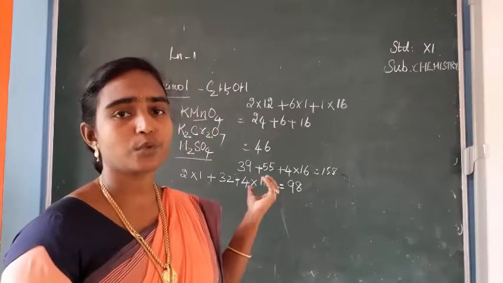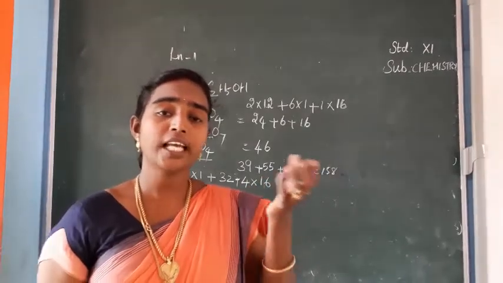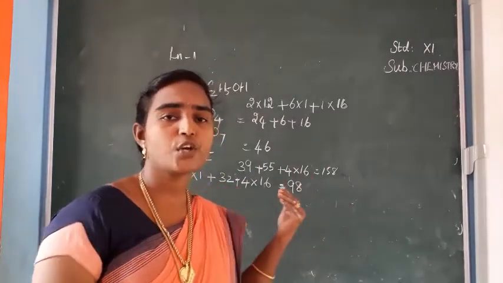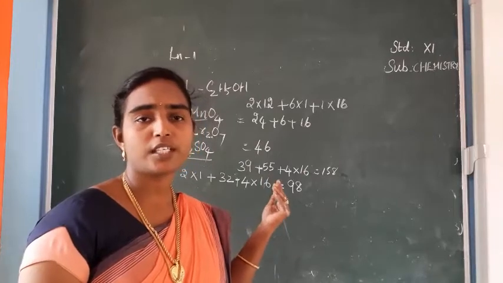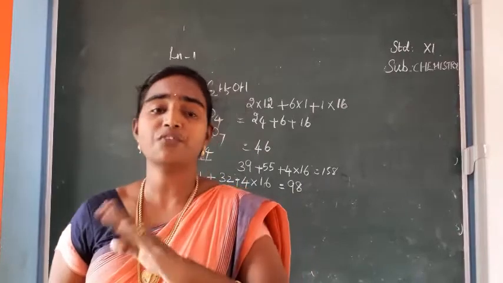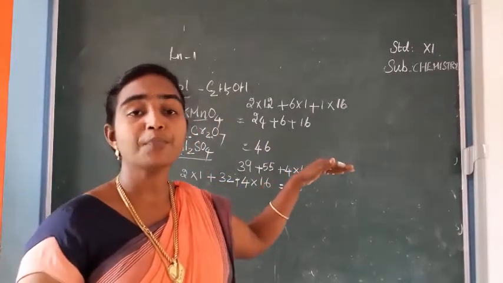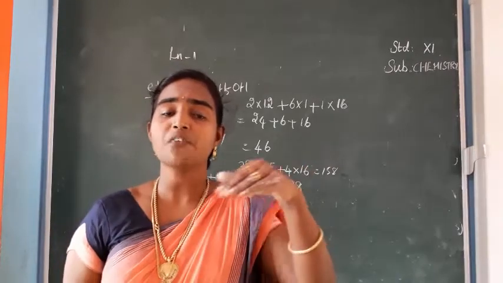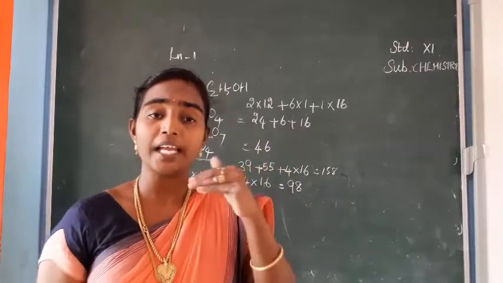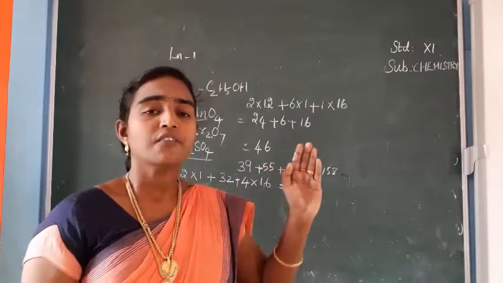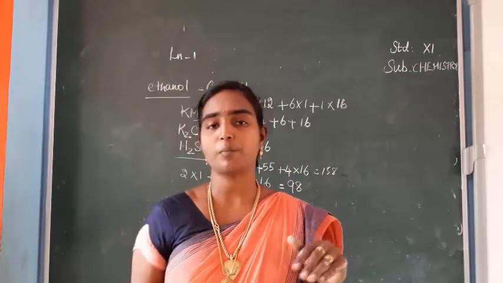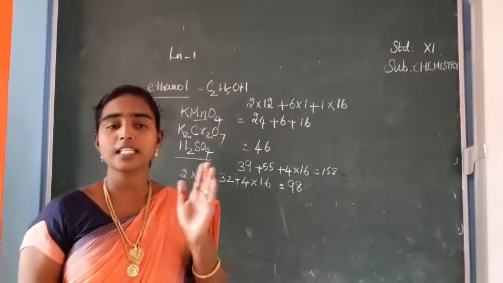One of the problematic questions is this: they can give maybe the formula or the name of the compound. In Evaluate Yourself, the name of the compound is given, isn't it? If the name of the compound is given, what do you have to write? First you have to write the formula. After writing the formula, you should know the atomic mass of each element present in that formula. If you have a clear idea about the atomic mass, then we can calculate the molecular mass of that particular compound. Is it clear? So, molecular mass till that page.